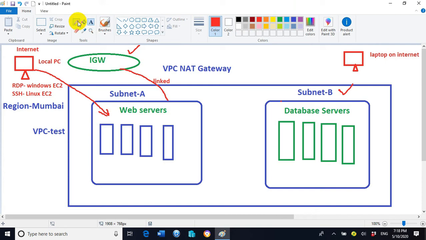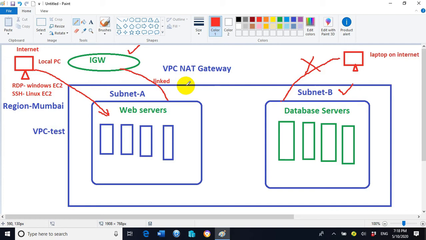On this laptop, can we access these database servers, these EC2 instances located inside subnet B? The answer is no. We cannot access these database servers from the internet because the internet gateway is not connected or associated with subnet B.